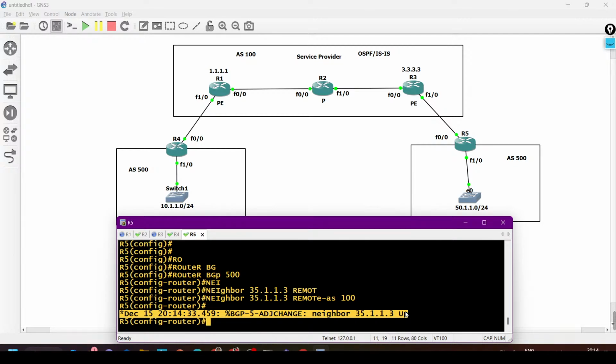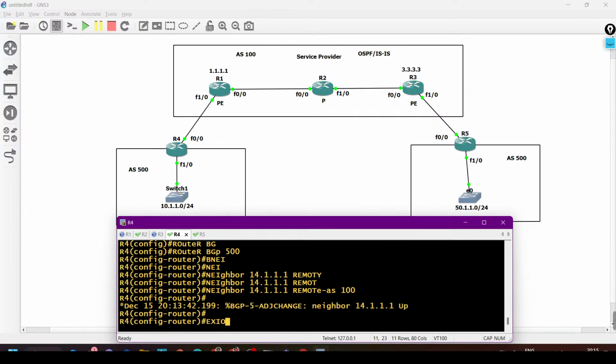Now I am going to advertise the LAN interfaces in BGP. I'm going to advertise the 10 network on router number 4 and the 50 network on router number 5. So let me take you to R4, and on R4,